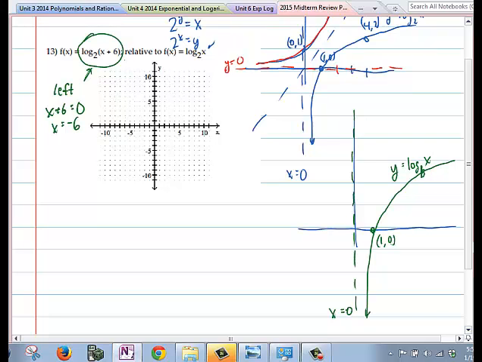So that asymptote that was at x equals 0 has moved 6 to the left. So this is x equals -6. That point that was at 1 comma 0 has moved to -5 comma 0 because it's moved 6 to the left. And then the general shape of the function would appear,